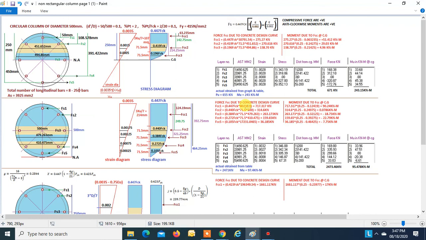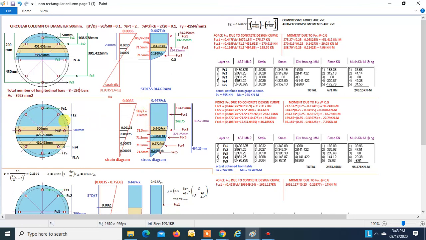Coming to the second case, we take our neutral axis at the edge, say Xu is equal to 500 mm. So this will be our strain diagram. This will be our stress diagram. And following the same fundamentals as seen above, we will take